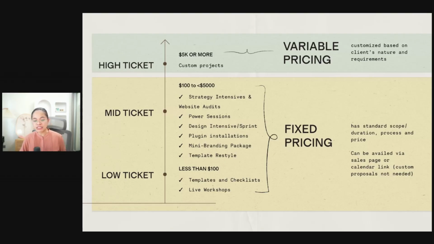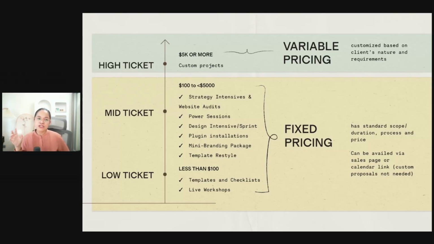So I totally believe if you have strategy intensives, website audits, that's something that you can display on your website, or you can have a range of how much it is to work with you. Sometimes I lead with my strategy intensives. Strategy intensives are like website audits. For example, if someone reached out to me and I feel like they do not fall within the typical deliverables that I take on, I let them know that we can actually start with a strategy intensive. It is where I get to know more about their business, and then I come up with a roadmap on